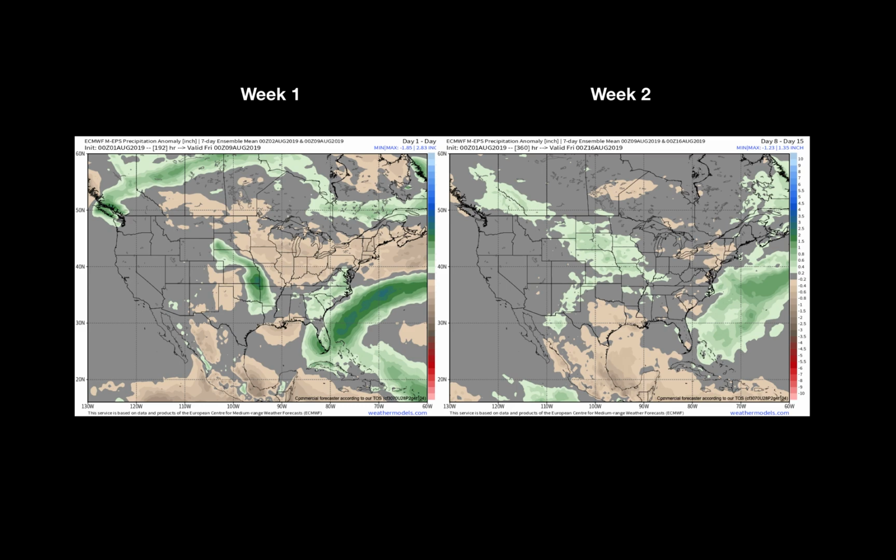I apologize there. We look at the precipitation forecast, then, and we're looking at the European ensemble forecast here. The week 1 precipitation look is on the left. Again, we see the higher precipitation across parts of the Central Plains, but as you look at this, the remainder of the Corn Belt, anywhere from the central into the eastern Corn Belt, is really holding on to a drier look over the next week. So you look at week 2, and we are seeing